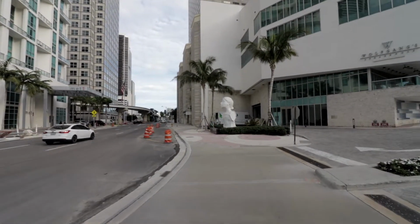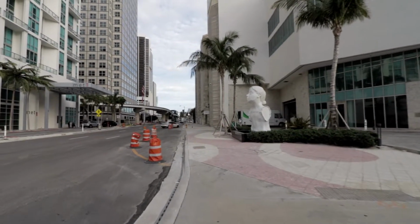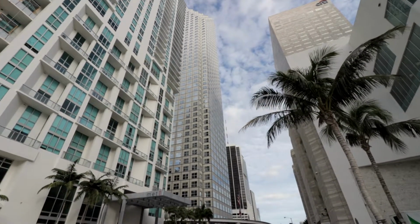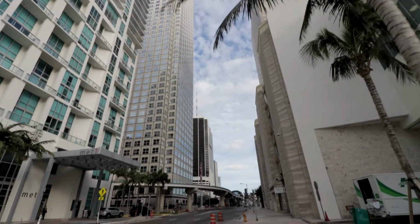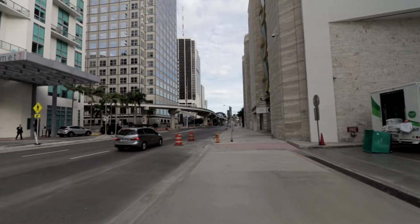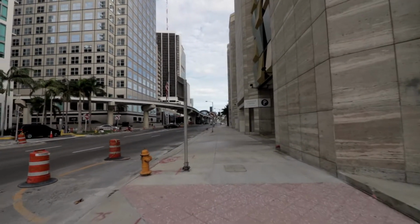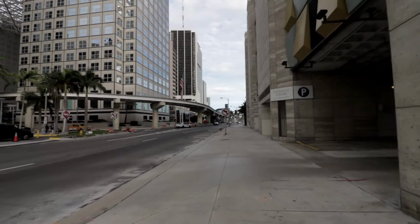So right now we are on the public street. We are on Biscayne Boulevard. Again, you kind of see some of the office towers. We have the city tower here. This is 100 Biscayne, 200 Biscayne to our left. That office tower there. So again, we are a downtown business hub. Miami is a place of business, with the Port of Miami being very busy, obviously imports and exports. But again, if you're looking to relocate your business to Miami,